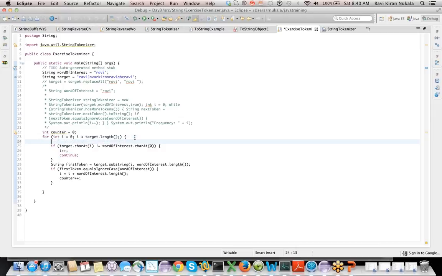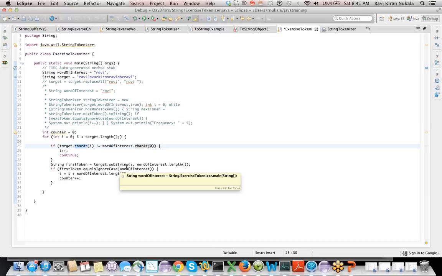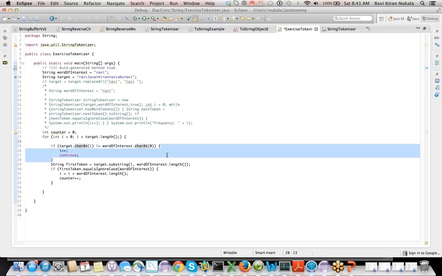To make it more foolproof, for any index i that you are trying to do something, instead of just checking for char i, just check for all the characters. But is that required or not required? Tell me that.